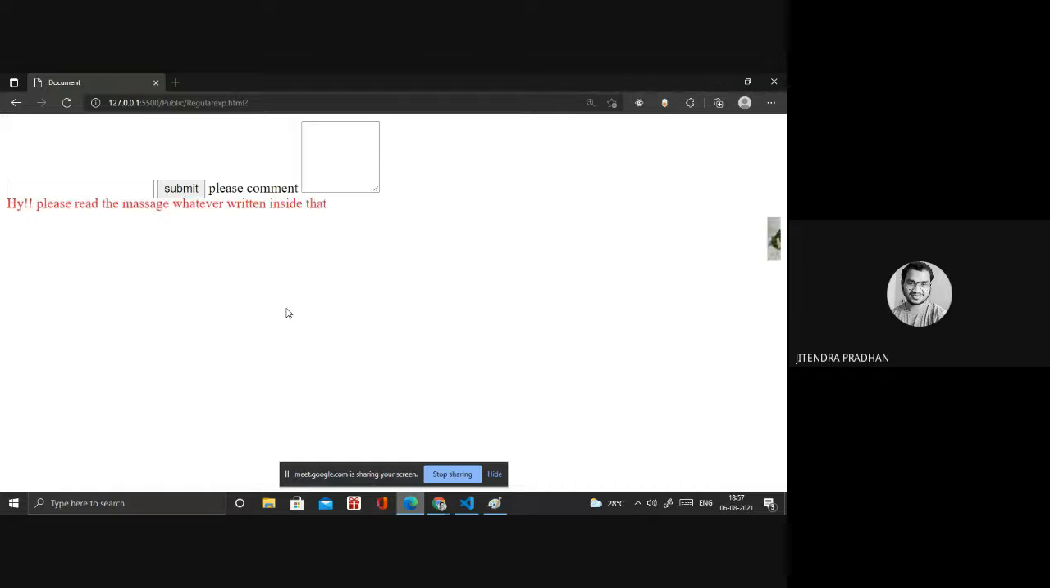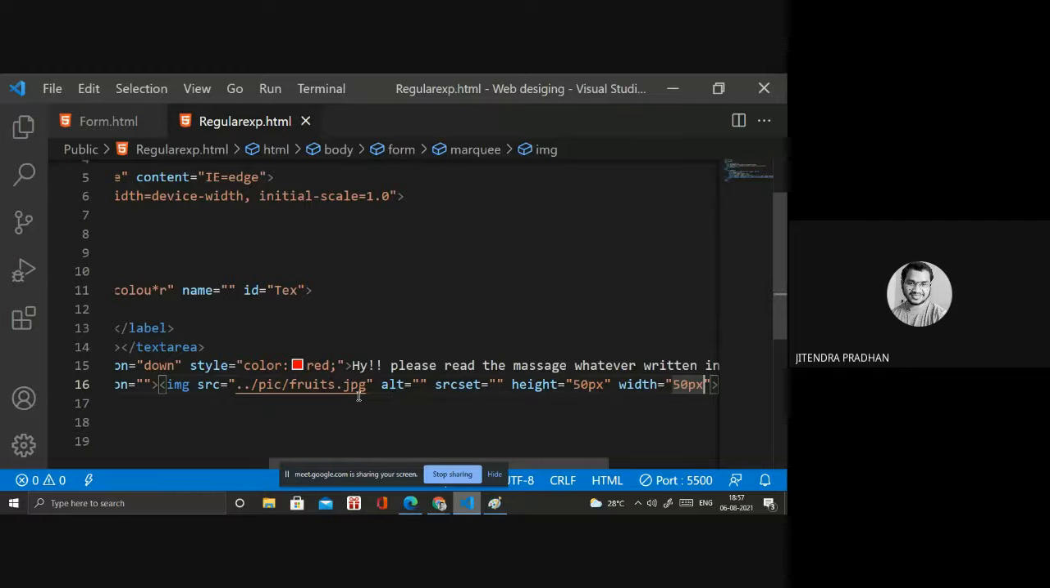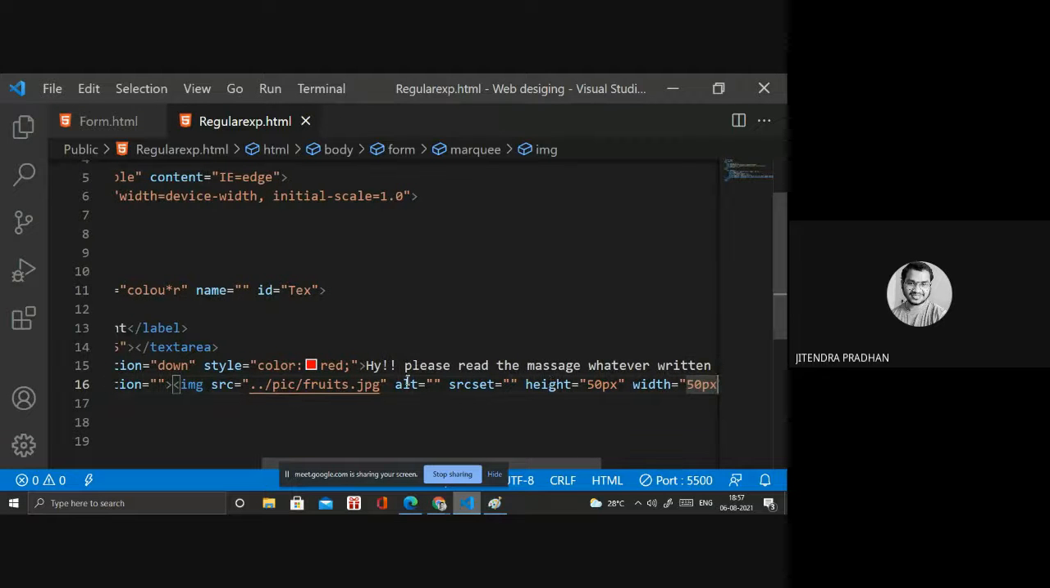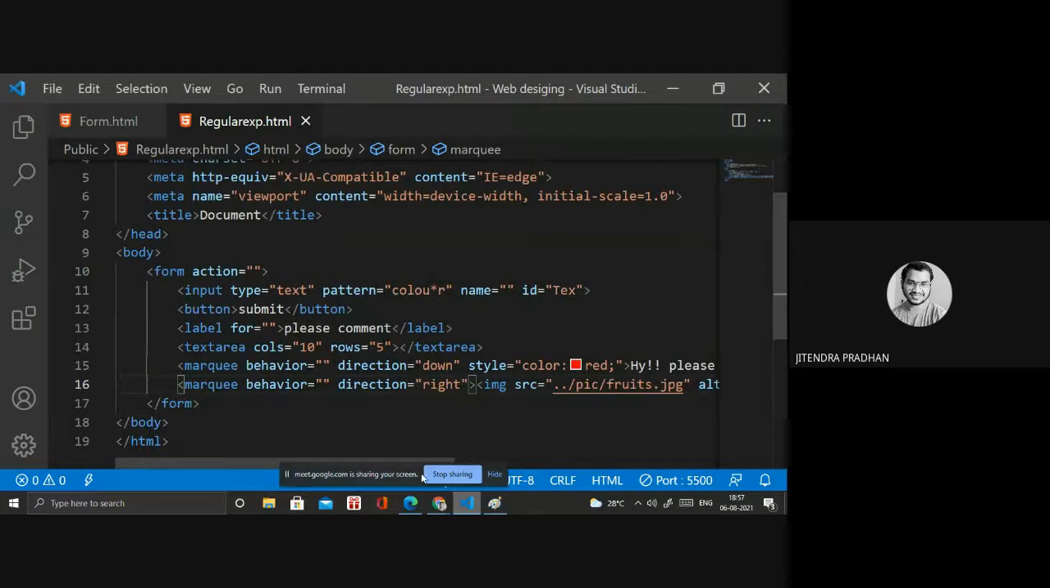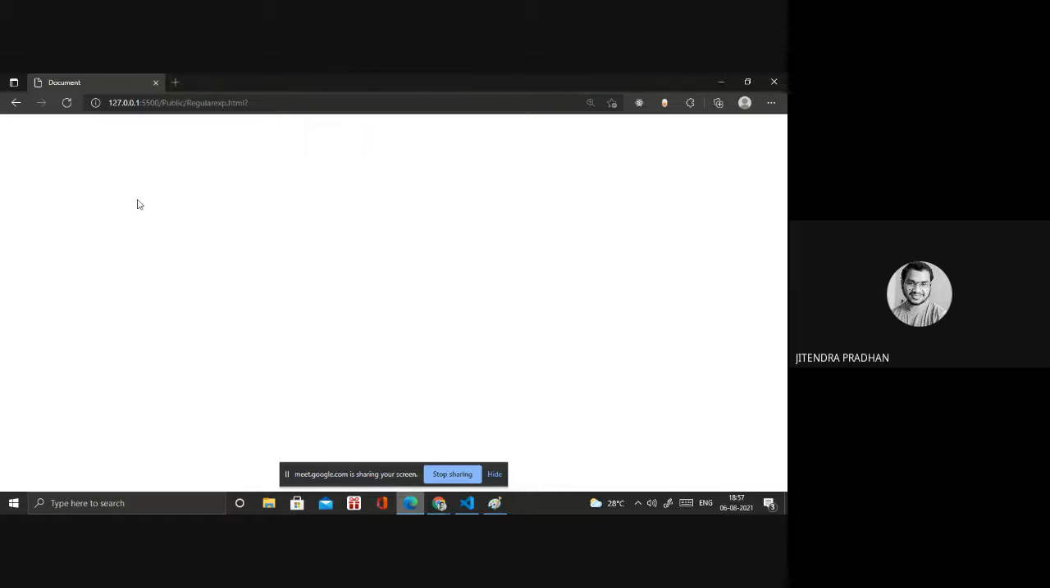Wait, have you observed that it's starting from left to right? If I write right to left, then you have to write RIGHT inside the direction. Okay, let's see. According to your requirement, you have to give it,